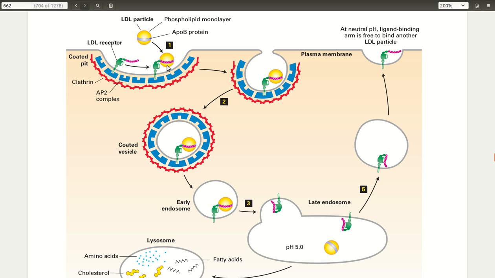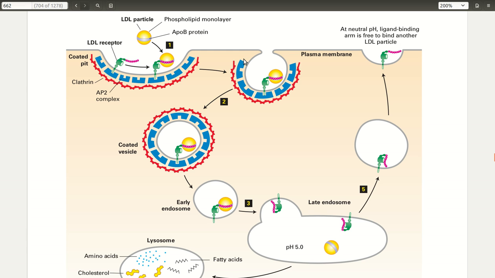Once the receptor is bound to the LDL particle, this cytosolic segment of the receptor makes contact with an AP2 complex protein right underneath in this coated pit. Once this interaction happens, the formation of the vesicle will proceed, in which dynamin will catalyze the pinching of